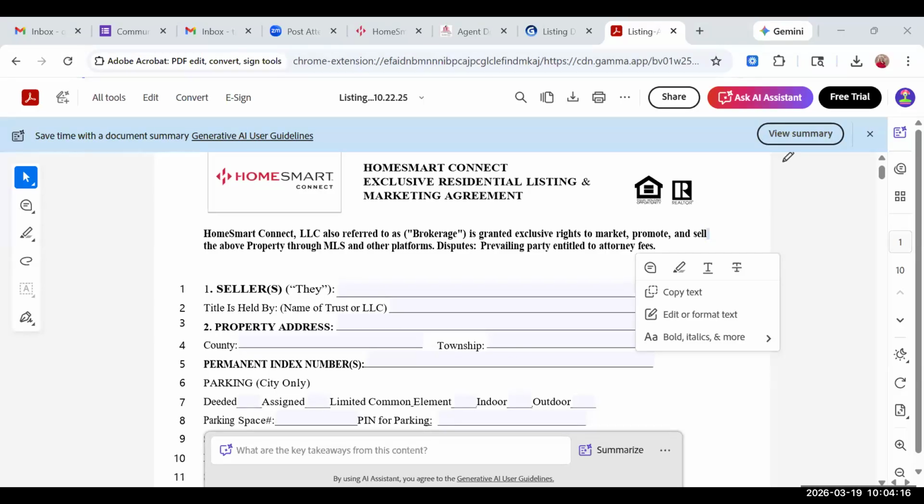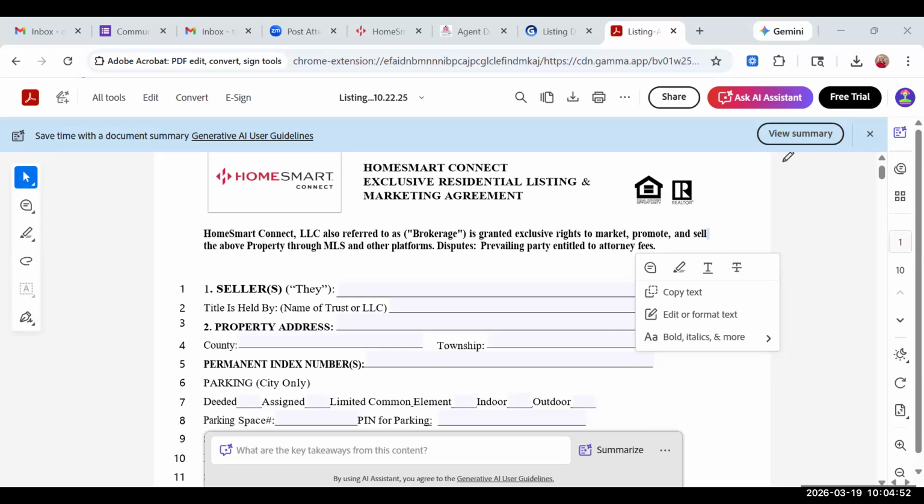Maybe I could share my screen. Let's try this side by side. Okay, you can see the listing contract.